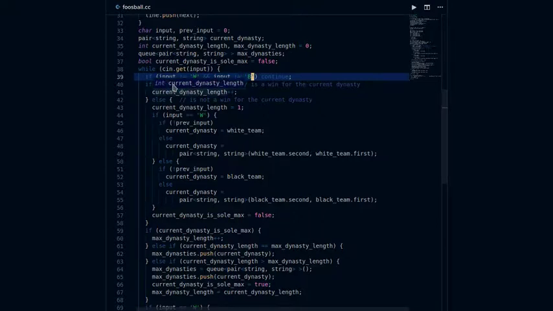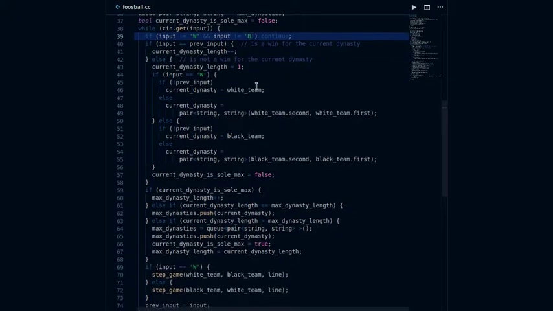So if the input is equal to the previous input, that means I'm just incrementing my current dynasty length, because it's the same team that won the last time. But if my input is not equal to my previous input, then I need to create a new dynasty. So I make the current dynasty length equal to 1. If my input was a W, then